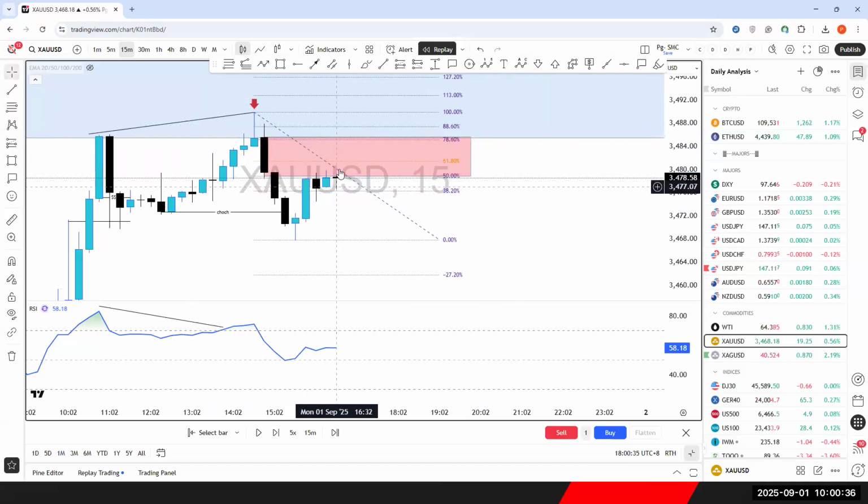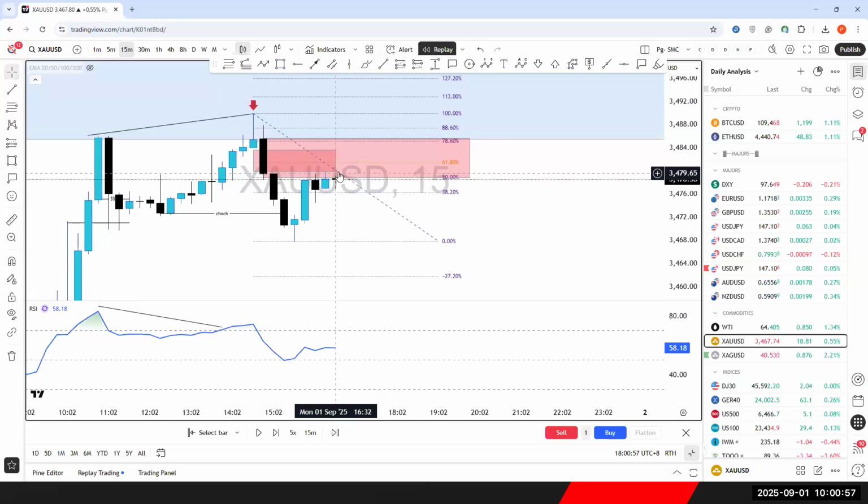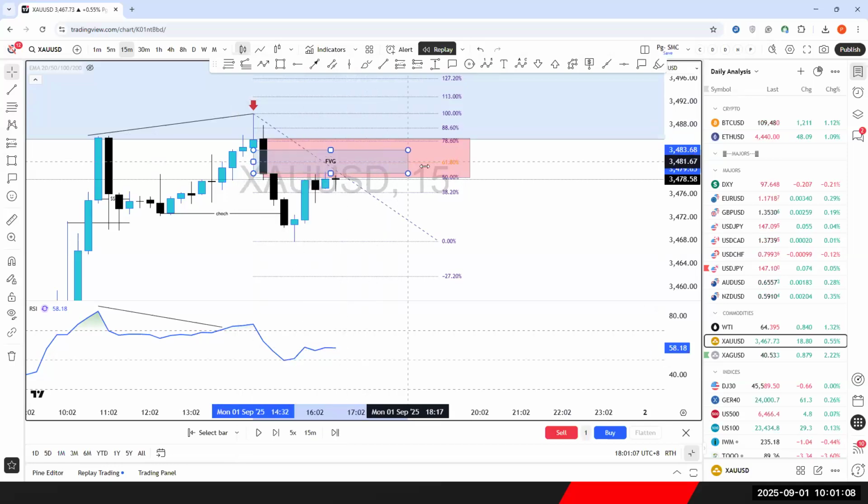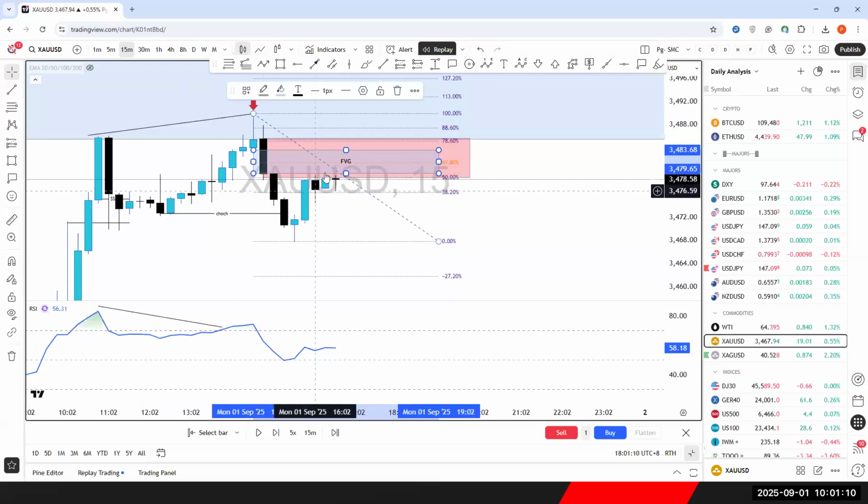Okay. Price went into the zone at 50 pip. To be honest, I saw price was there, but I did not enter, and now price is falling all the way down. I was waiting for at least a pullback to 61.8 or somewhere, but price did not. But on the M15, I saw the FVG somewhere here. This morning I made quite a good profit already, so I thought, okay, I can wait.